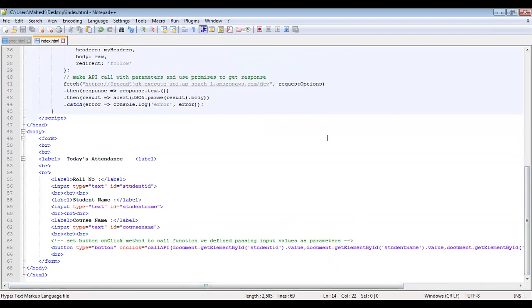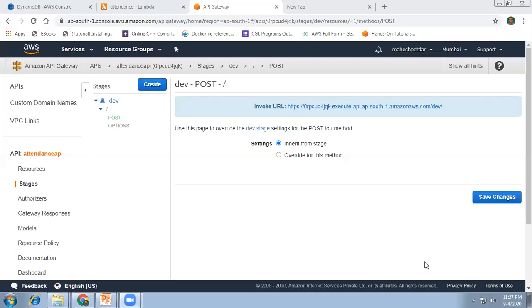Before uploading this particular file, I'm closing this and sharing the screen. Minimizing the file.